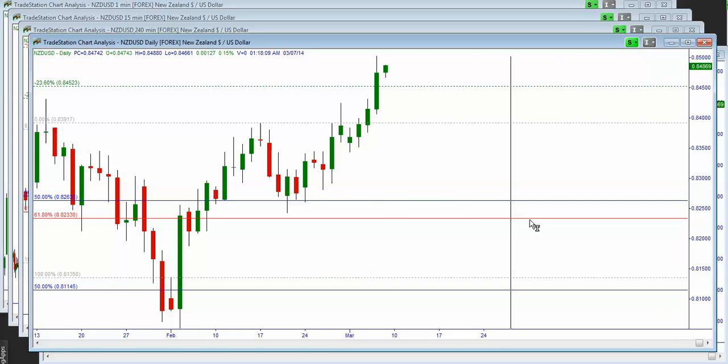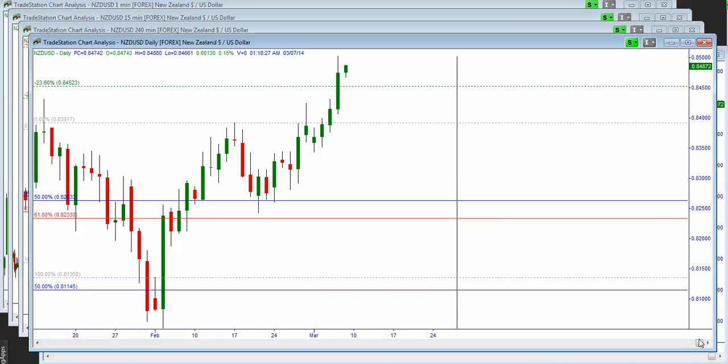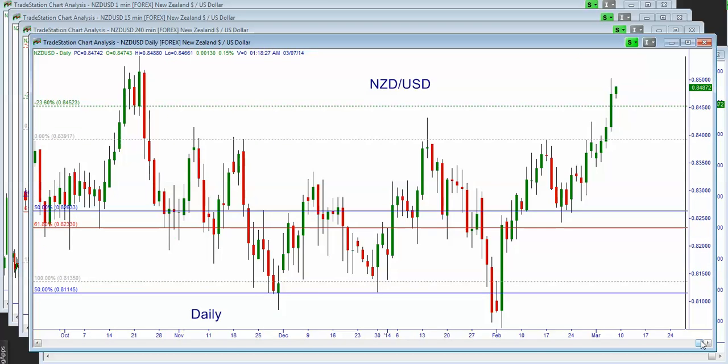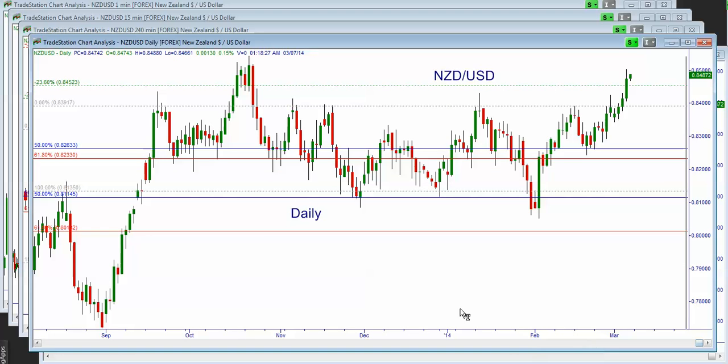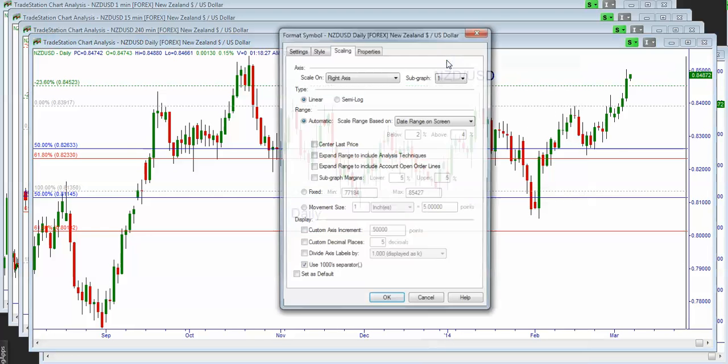We could not identify this for trading purposes, but after the fact we could, and 082.60 acted as support and brought price into this 084.23. So at the moment we are still seeing price moving higher,